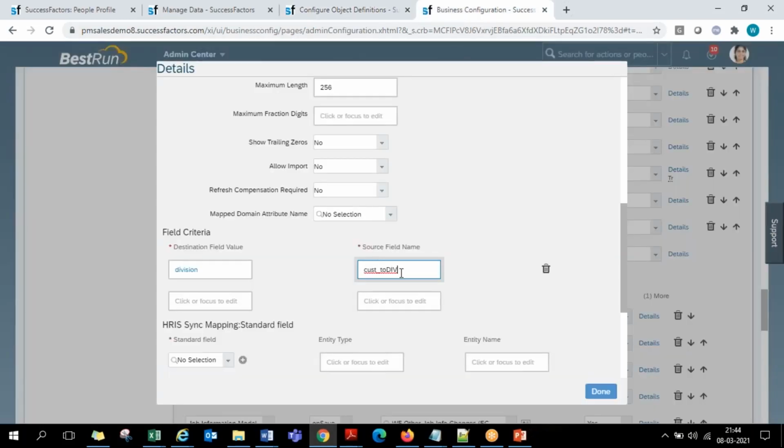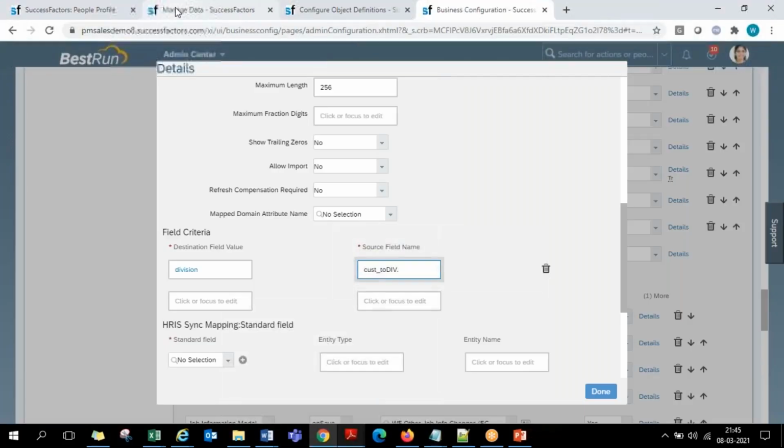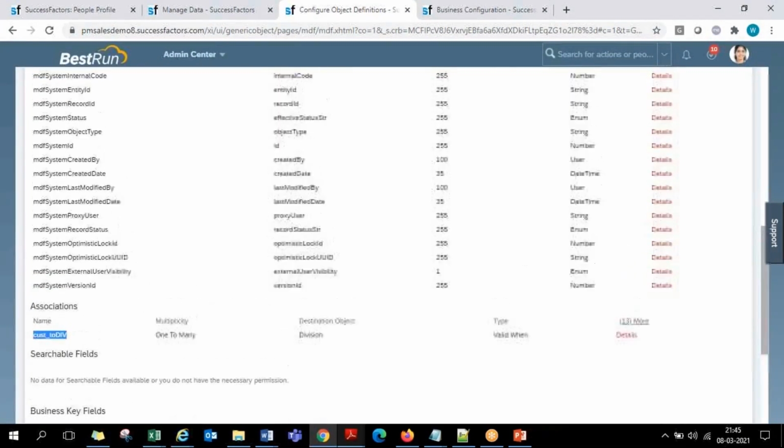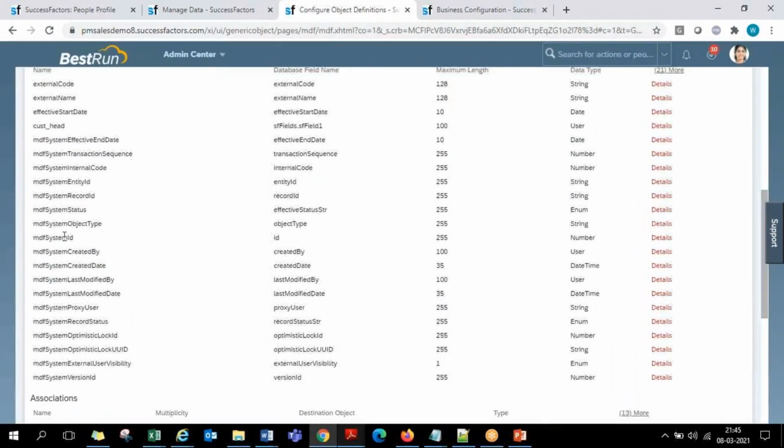Paste that. Dot, what should we give here? Anybody? Association name dot? Internal ID. Excellent. So association name dot internal ID is what we used for the associations we saw last week, between MDF objects, standard MDF to MDF objects. But now we are going to connect one custom object with a standard object. In the object definition, internal ID is a field that is not available. In the subdivision object, you will not find a field called internal ID.